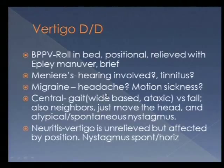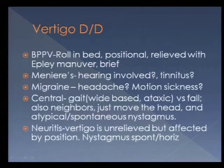And of course, the bear in the emergency room, is this a nerve problem, like the facial nerve or the eighth nerve, or is it a brain problem? Is it a brainstem stroke that we're dealing with? I just would emphasize that, surprisingly, if it's due to the nerve, they usually don't have a lot of gait problems. They're not walking funny. And then we'll talk about nystagmus in a bit. Vestibular neuritis,